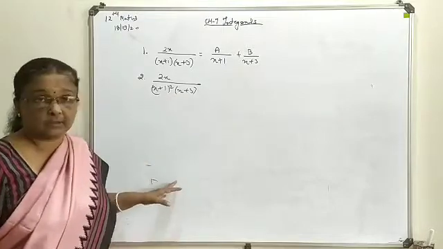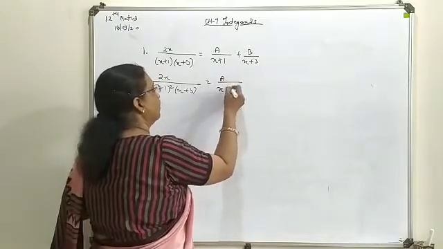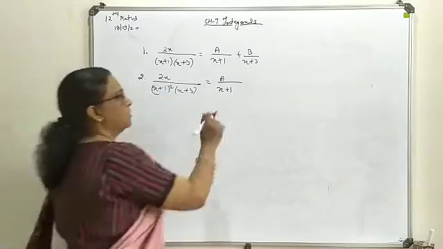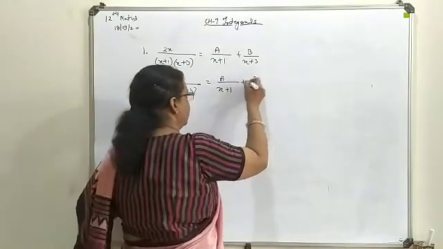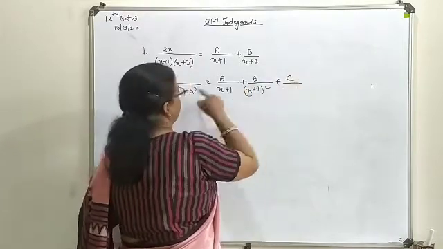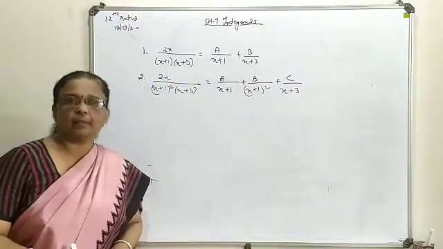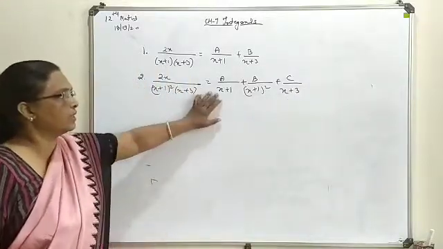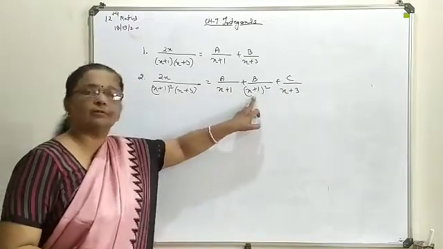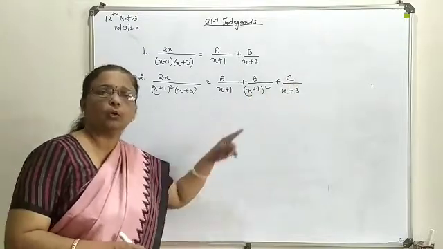Now how to introduce these 3 constants? Start with the single power of the given term having more than one power. The second constant you will introduce is over the square of that, and the third is over the linear combination we are having. So this way 3 constants will be introduced. In place of this x plus 1, this x plus 3 you can write at this first place, the second one will be followed by x plus 1, and the third one will be followed by x plus 1 whole square.